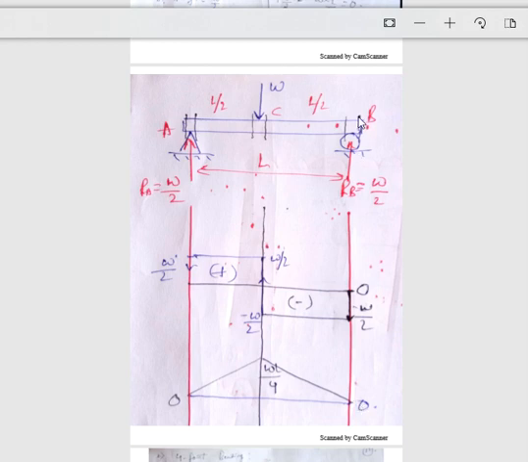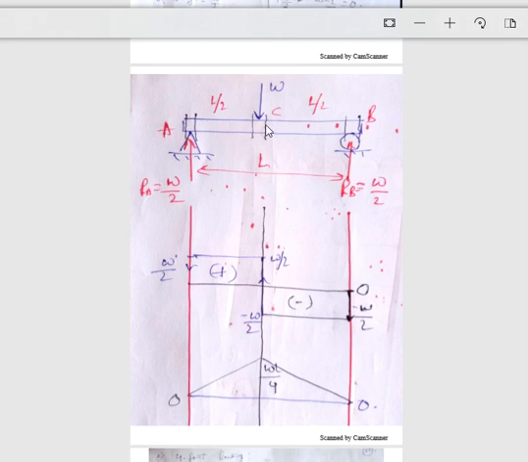Now after this section, consider this section. Coming from the right-hand side, there is one force, that is W by 2, but like I said, the distance between this force and this section is 0. So force into 0 will become 0. So at this section also the bending moment is 0. So both the sections have bending moment 0. This is the 0 bending moment line, and I'm starting from 0 at this section.